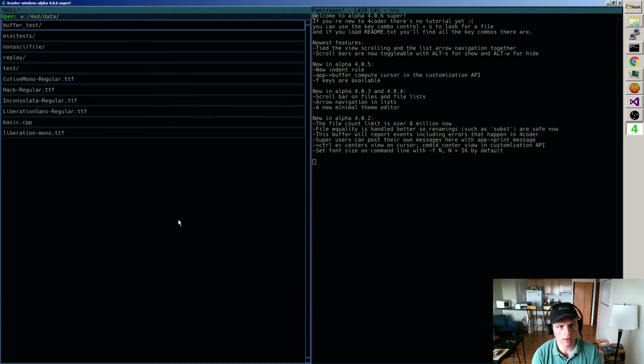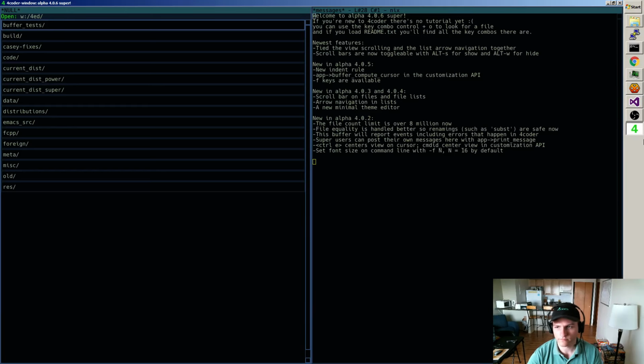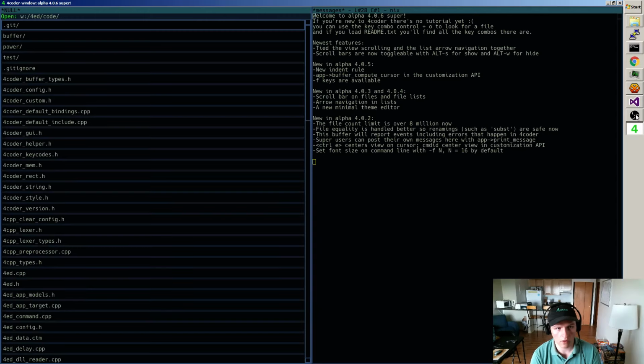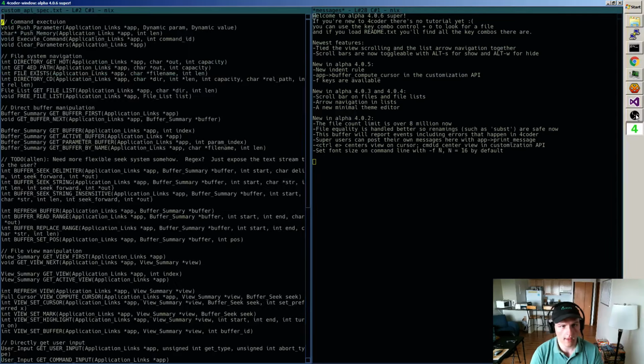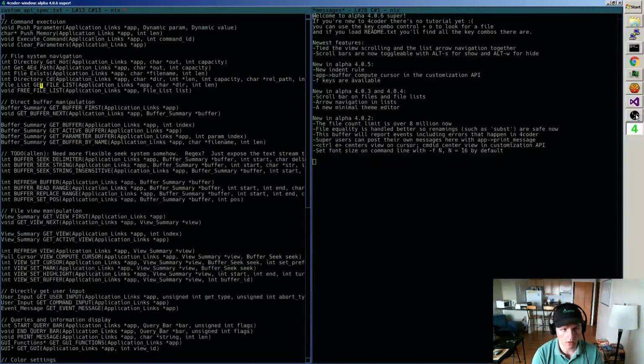So let's see. Yeah, so what I would need to do is go to the code and open up that spec file. And what I should be able to do now is Control-Shift-U, and there we go, that changes it to the way I want it to be.